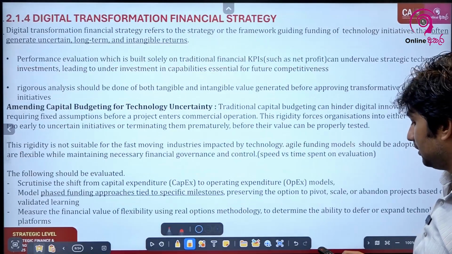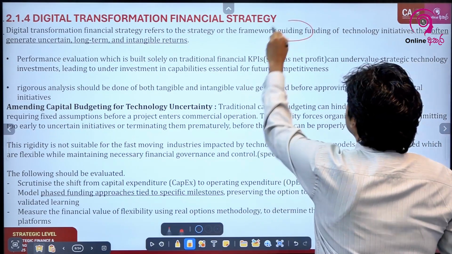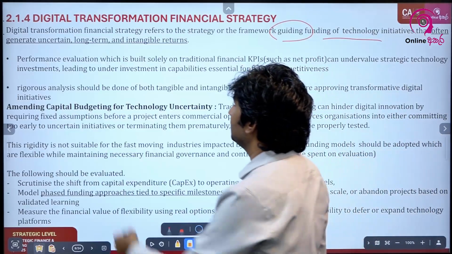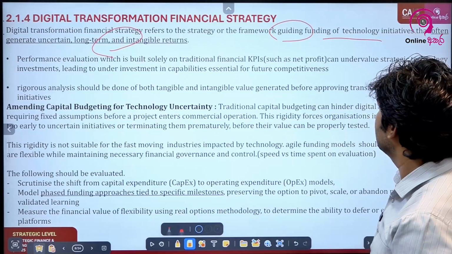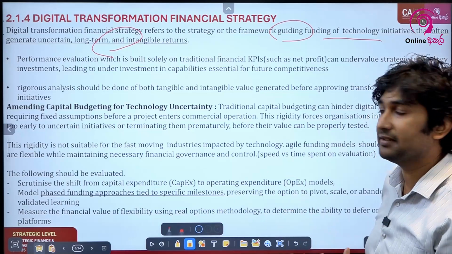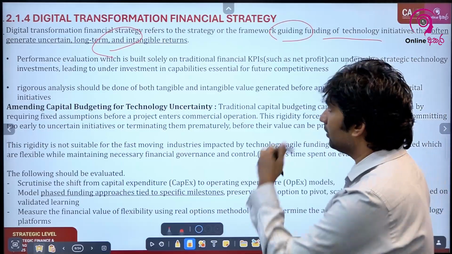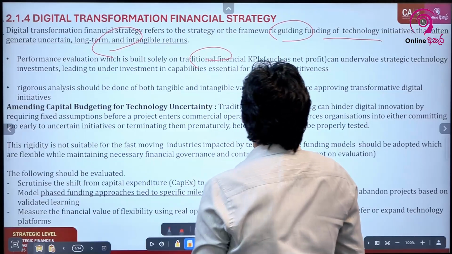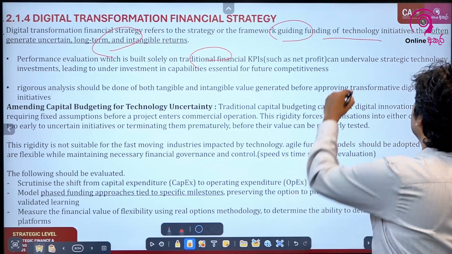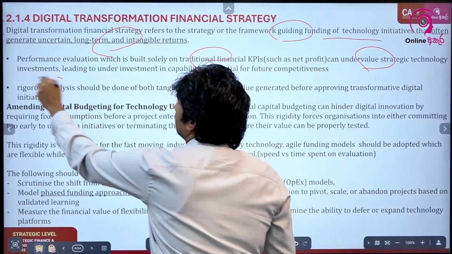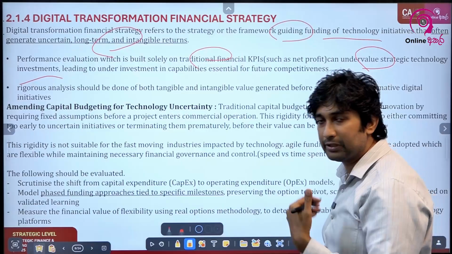So, digital transformation financial strategy. This refers to the strategy or the framework guiding funding of technology initiatives that often generate uncertain, long-term and intangible returns. All your digital transformation projects, you need to evaluate and see whether these initiatives provide you with the expected returns and benefits. The problem with traditional KPIs, such as net profit, is that they will undervalue strategic technology initiatives. For example, if the organization has to invest in a new ERP system,